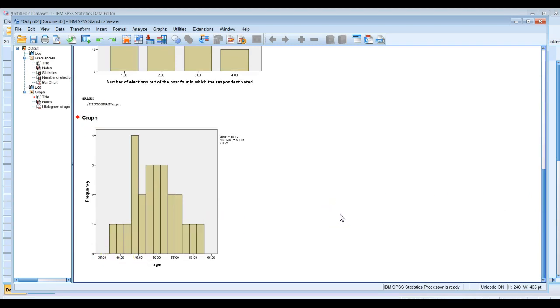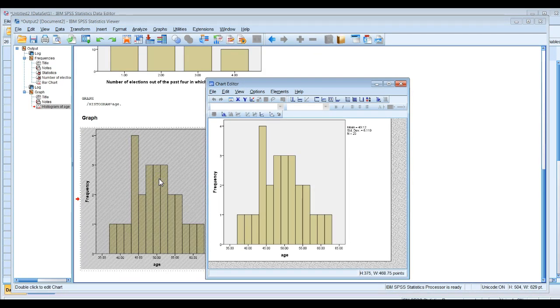This is good, we've got a start here, but this doesn't use the same categories we used. So to do that, we're going to double click on it. Once you do that, the Chart Editor comes up, and you can change anything on here. You can change the titles, you can change the axes,